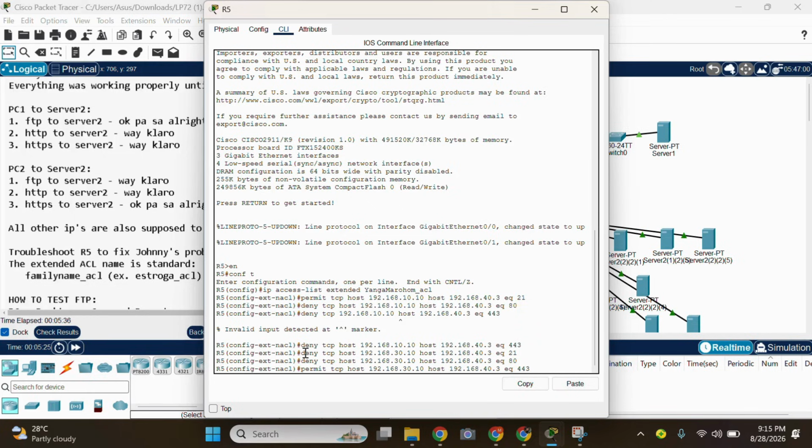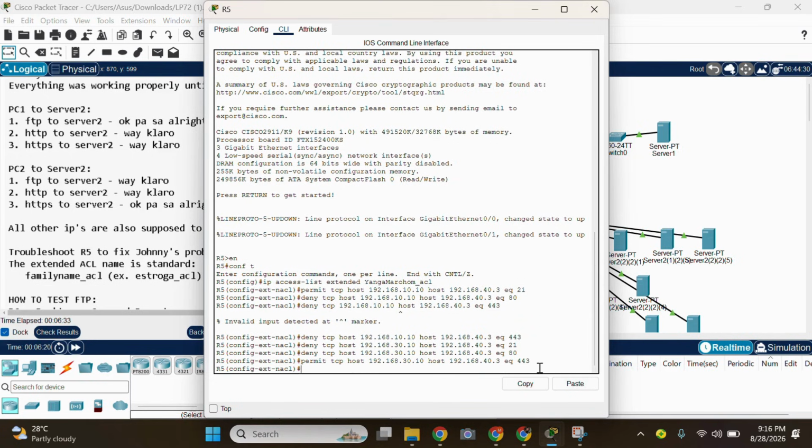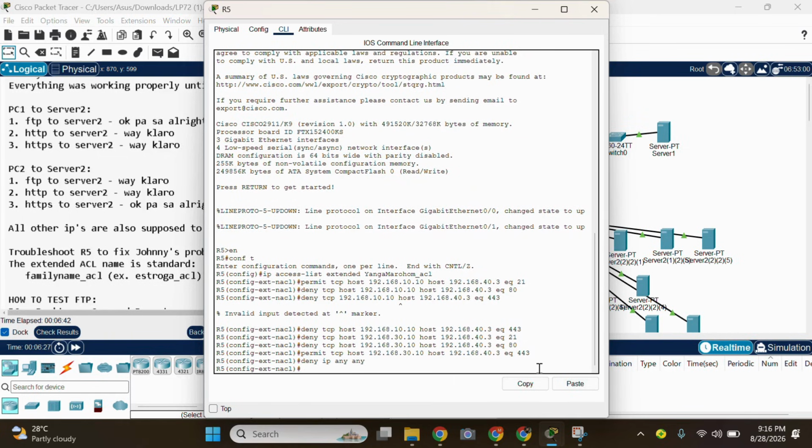Let's see. Okay, so equal to 443. Enter. So we input deny ip any any. These are the required 7 ACL rules.